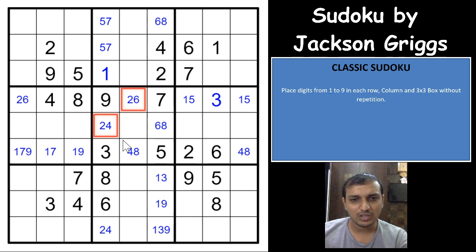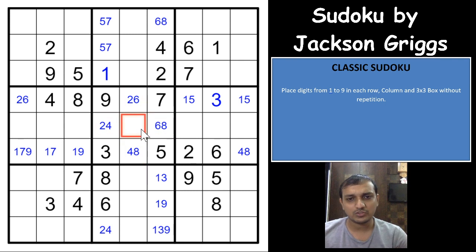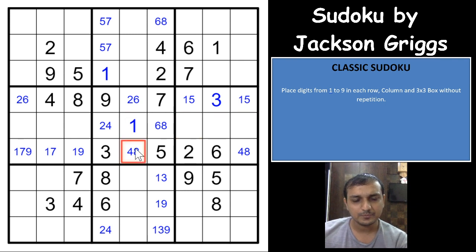But I can see that you have a 2 4 6 8 locked in these four cells, right? These four cells can only have 2, 4, 6 and 8, which means that 1 can only be in the middle cell here. That's nice. So that's a good one here. 1 can only be in R5 C5.